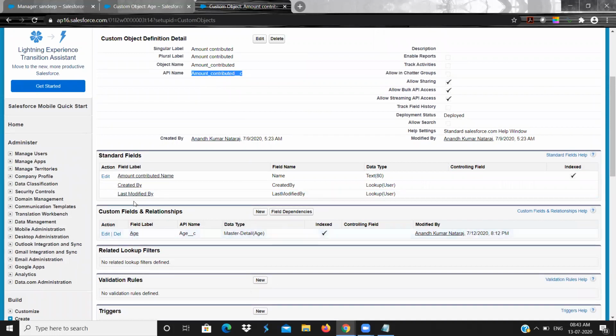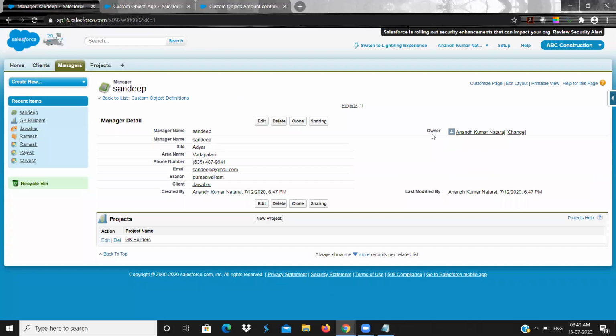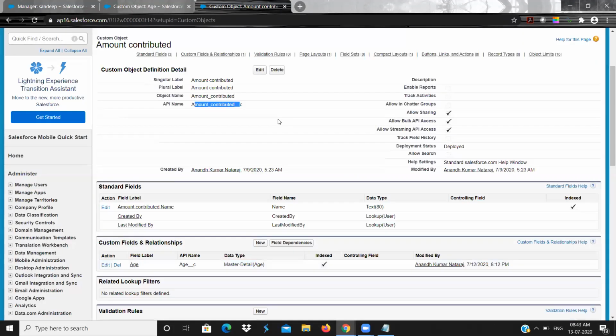So that's why you don't have an owner here. If you try to create any record in the amount contributed, you will never see an owner, like you are seeing owner here, right? If you want to create an amount contributed record, the owner will not be available.